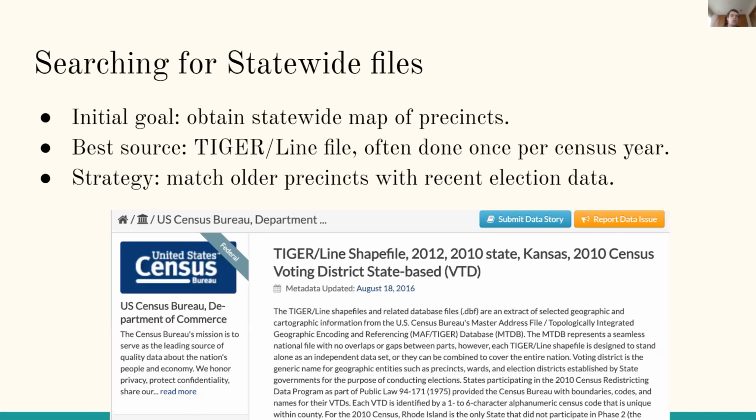So the initial goal in a project like this is to try and obtain a statewide map of precincts. The census developed the TIGER/Line program in order to aid analysis like this. Every time there's a census, every 10 years or so, the census tries to integrate all of the information that it can into a single shapefile at a number of different levels, including the statewide level. So for every state, and this includes Kansas, you can usually find, every 10 years, beginning in, I think, 2000,